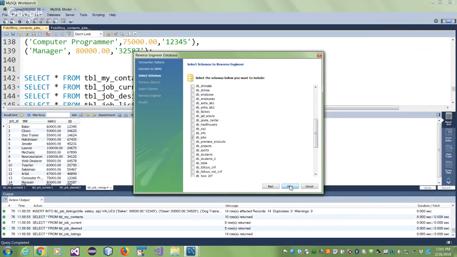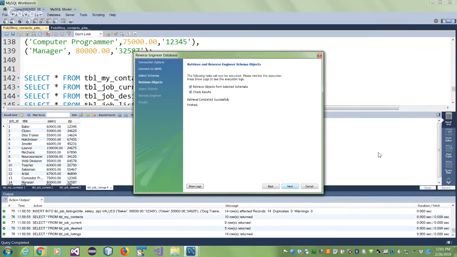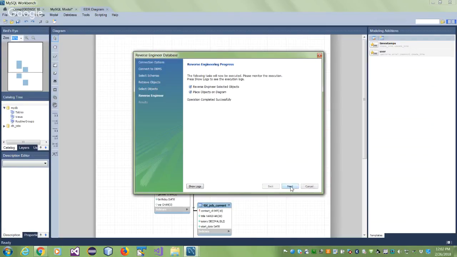And say next. So it's now retrieving the objects from the schema. Schema means your database in rough language. It is taking the result and it says, I'm done. I've done your job. You'll say, where is the diagram? Do a next. And it says, I imported 4 tables. Remember, we had 4 tables: contacts, job desired, jobs listing, and current job. Okay, execute it. And you will notice that